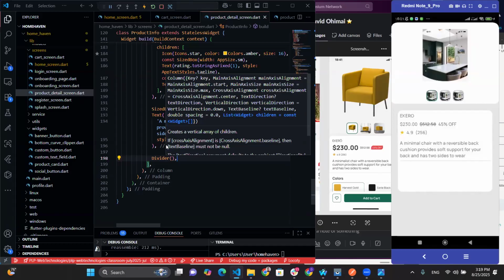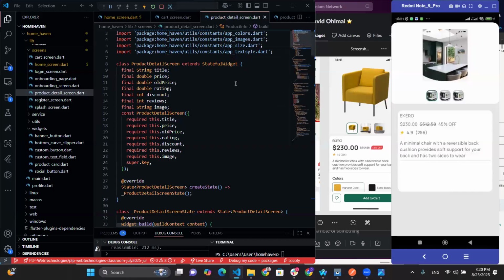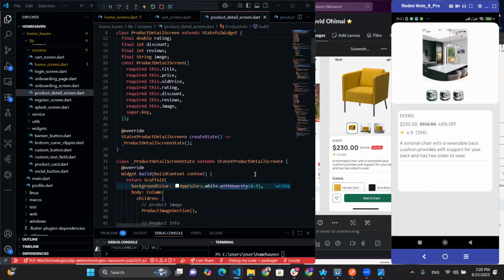Then colors. Color selection, because this will require selecting a color. That's why I did use stateful widget, because it requires selection. Selecting on the app, we'll have something like, what do you call it now? If you come here,